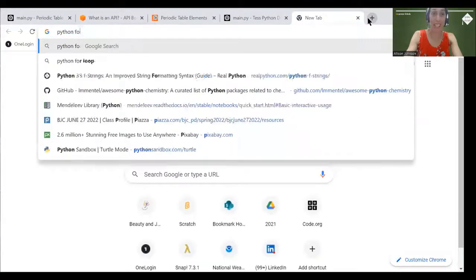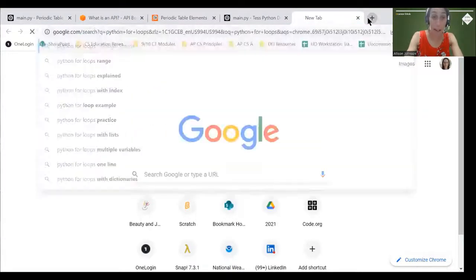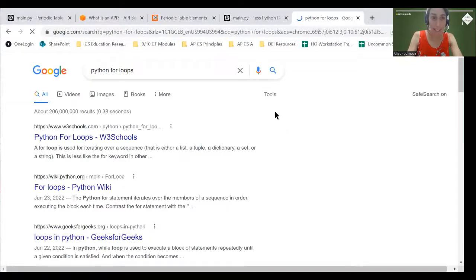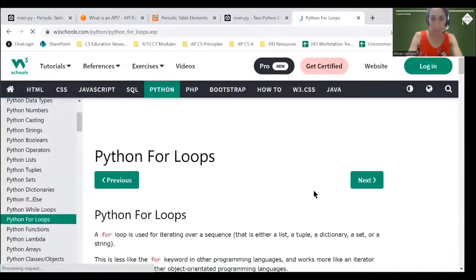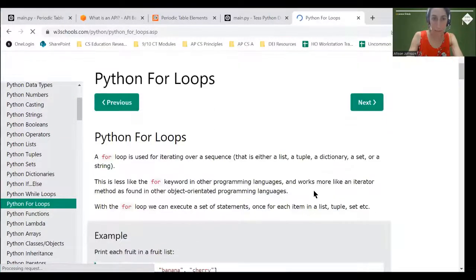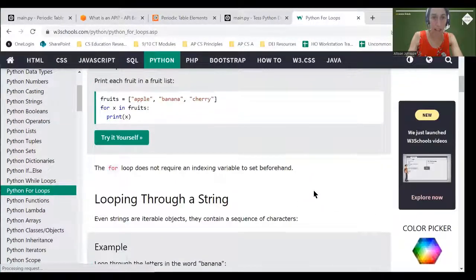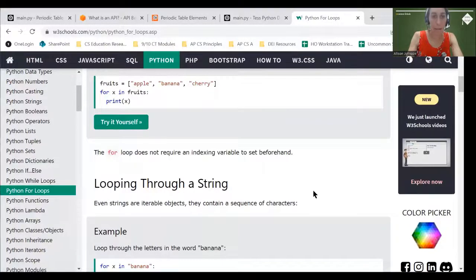So I'm just going to look up Python for loops, which is another great lesson when you're coding. There are lots of resources out there. We shouldn't be scared to use them, right? We don't have to memorize everything. We don't want students to feel like they have to memorize everything either. So I'm just looking for